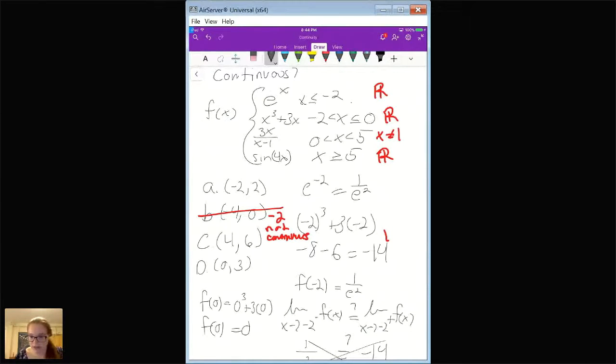I'm sorry, what is A again? A is -2, 2. So, yep, no problem. So what I want to look at now is we've ruled out B. We think it could be -2, 2. That's a good possibility. It looks continuous